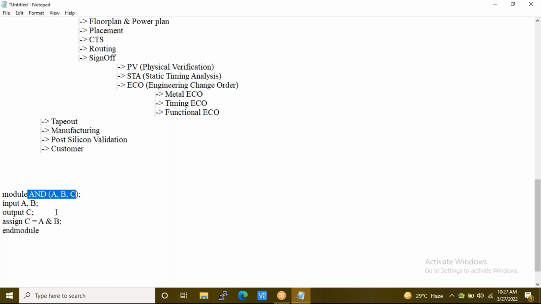Now when we want to implement this code, this is a purely logical entity. When I say purely logical entity, it doesn't know in which technology I'm manufacturing and what timing is required for that particular cell. The tool doesn't know it.